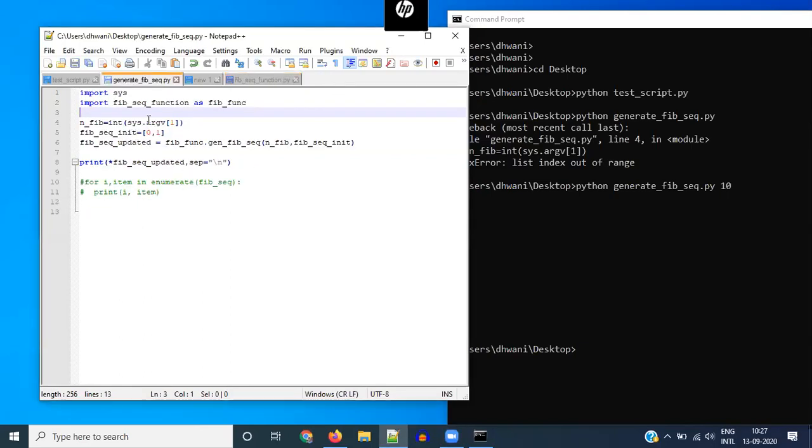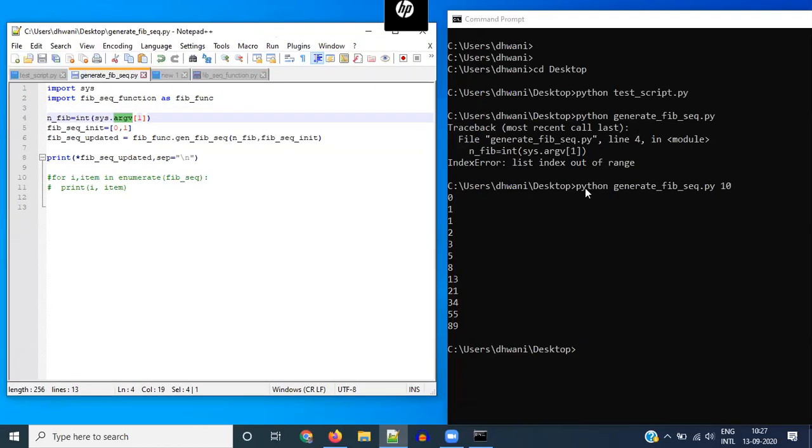So the sys.argv basically captures everything that you write after Python in your terminal. So generate fib_seq.py, that's the name of the script that is present in sys.argv of 0. So sys.argv is basically a list which stores whatever you write after this Python. So the 0th entry is the name of the script itself.